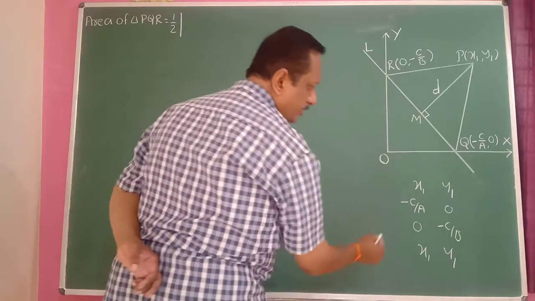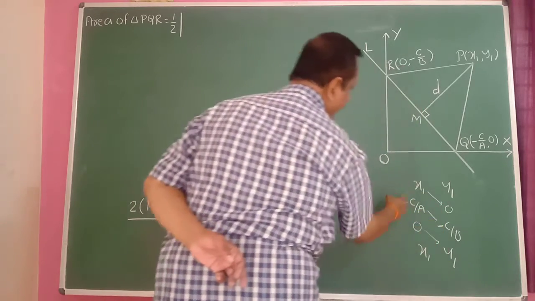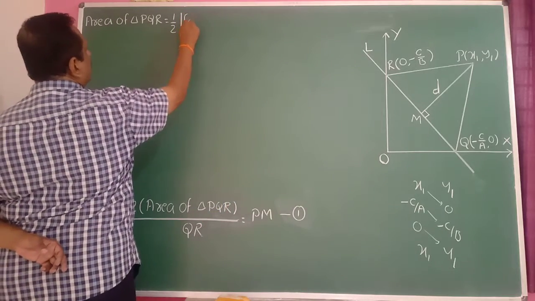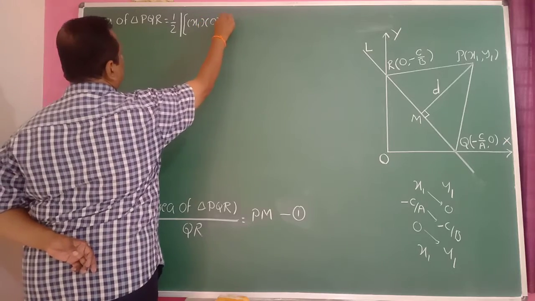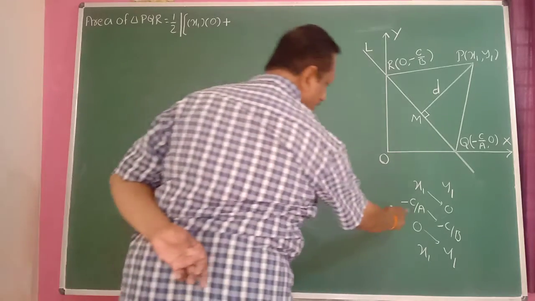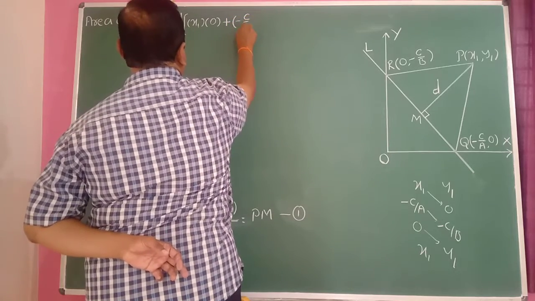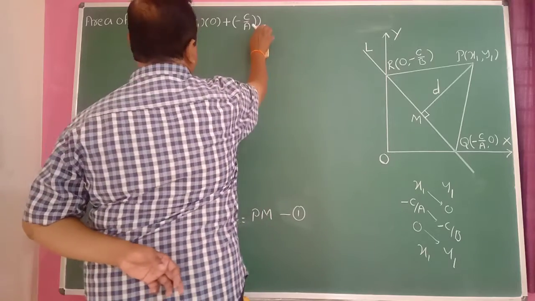So multiply in this order. Write in a bracket: x1 into 0, then plus minus c divided by a into minus c upon b